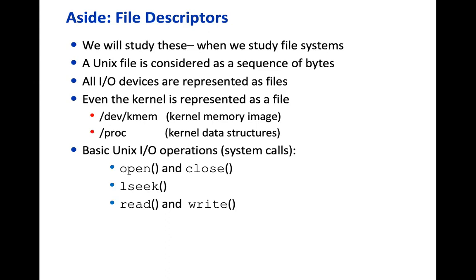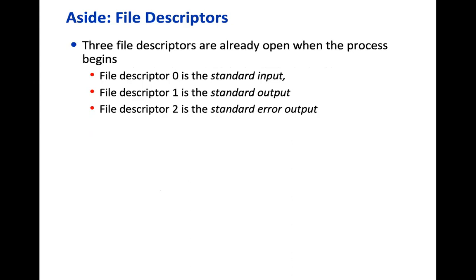So basic operations can be done, like open file. The moment it's open, it's brought into main memory, and some structure is set up to describe that file. Then close is the opposite process of that. Seek is to go to a particular position in the file, and then read and write happen wherever the pointer is, because you can sequentially read the file.